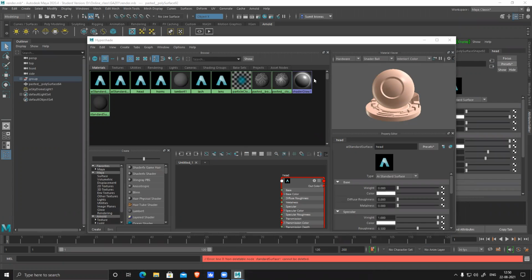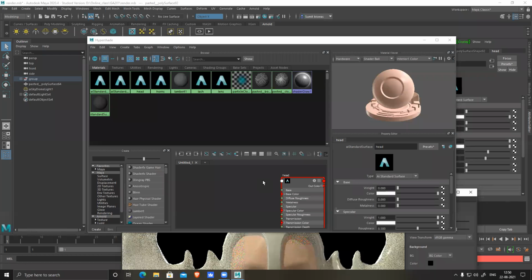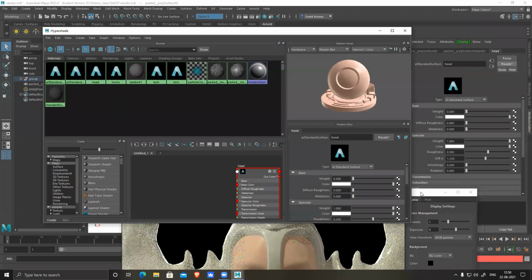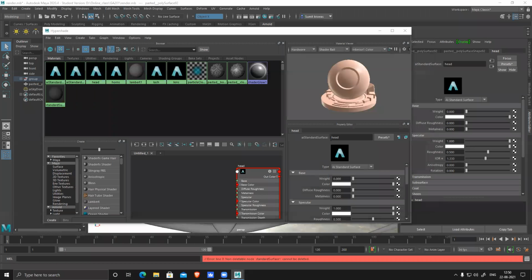So what I did is I just changed this to a skin shader. So you can see it became a skin color, all this color, reflection and specularity, everything changed automatically. I haven't corrected anything. You can see it's just a basic shader, nothing else. And I just paused the render and kept it on a separate screen.